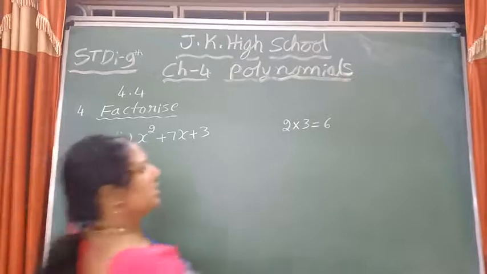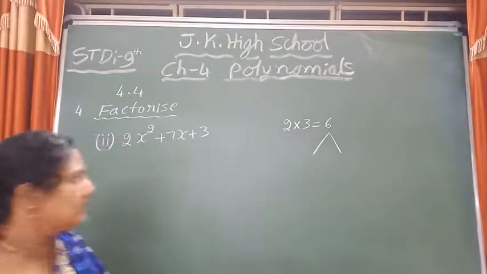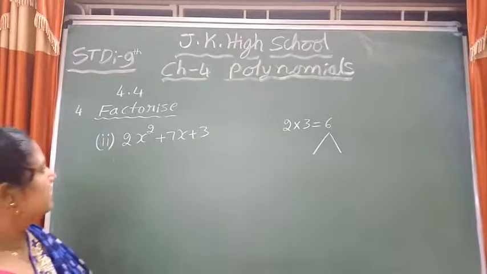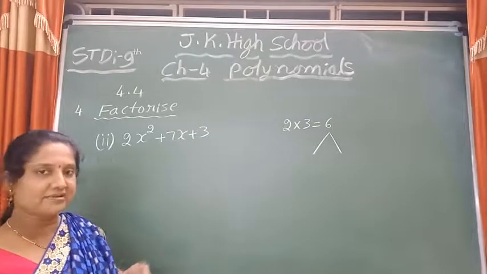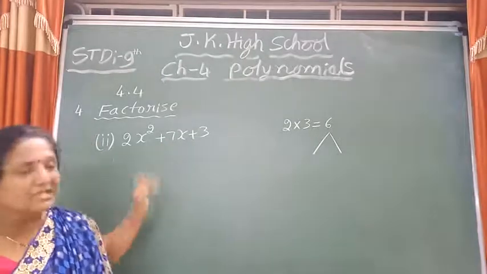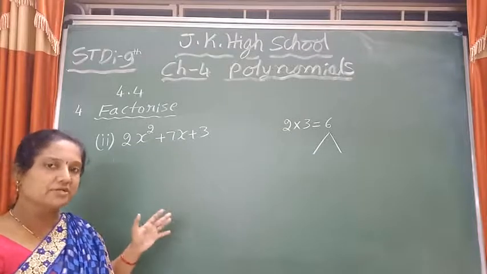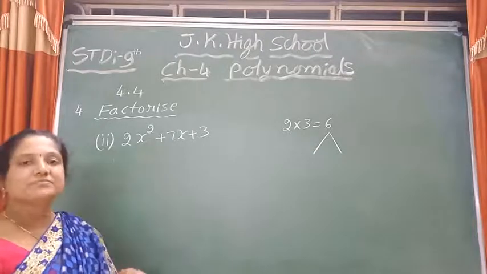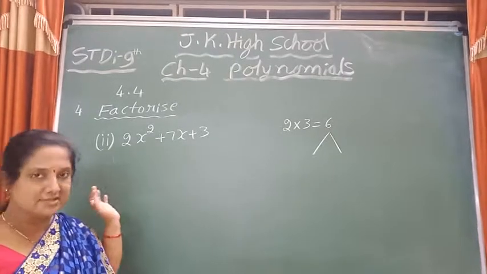So this number you have to split in that manner. When you multiply, you should get 6 only. But when you add or subtract, you should get 7. Plus 7 is there. Be careful about sign. Here plus 7 is there now. So which number should I choose so that I get product 6, and the sum or subtraction, if I do it, then I am going to get 7 as answer.